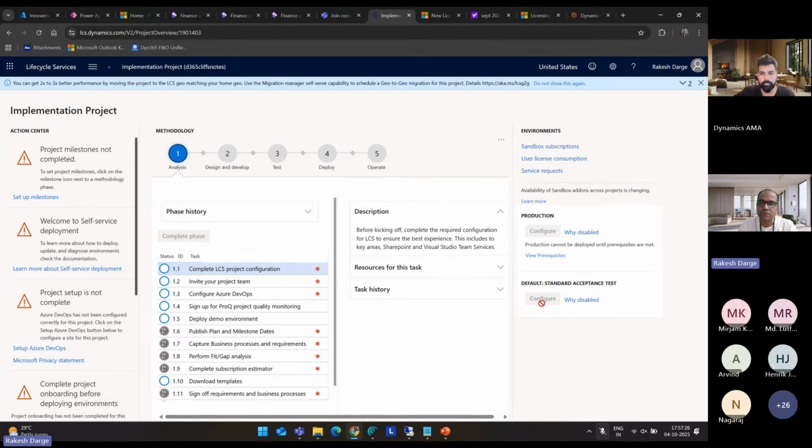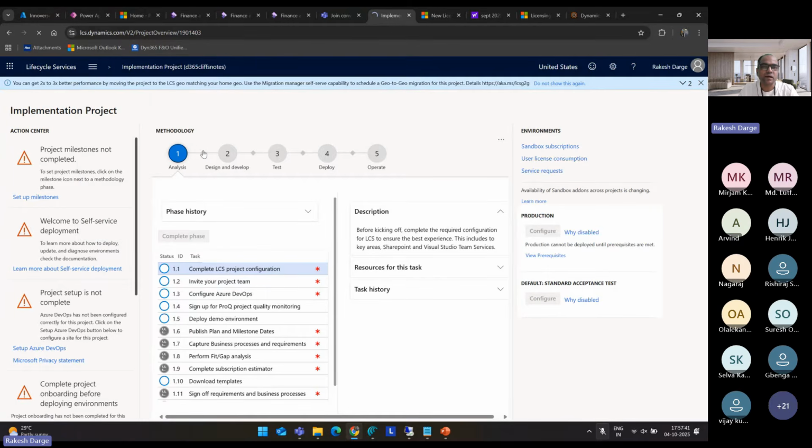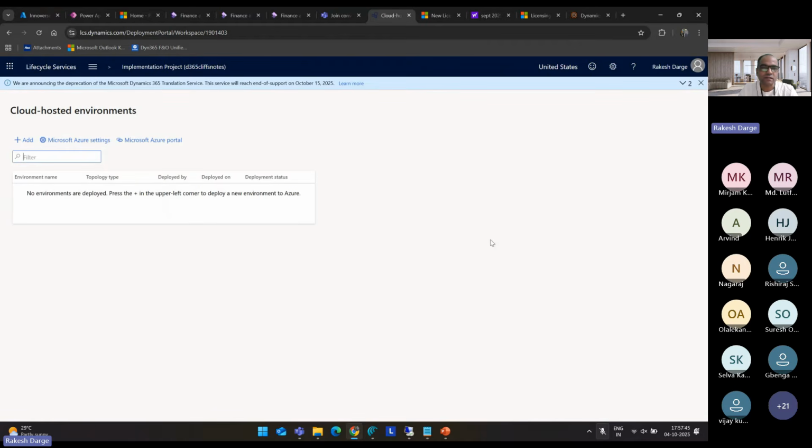When I go into the environments section, I don't have any environment against the LCS, so I can't show you. But as long as you go into the environment, you track everything that you want to record. And as far as development is concerned, we used to go to this cloud hosted environment. I used to deploy the Azure connector, and the Azure connector would have the associated Azure ID and key and all the certificates. And then we used to deploy the new environments.